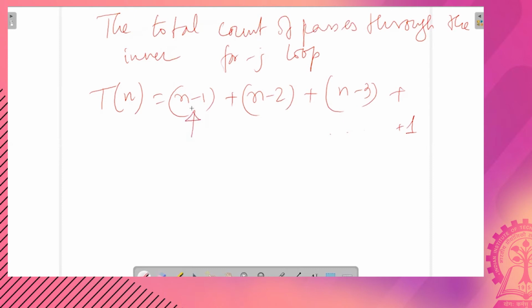So this is in the first loop of I, you make n minus 1 passes through the loop j. In the second loop of I, you make n minus 2 passes through the loop j, and so on and so forth. And this is nothing but the natural number sum, which is n minus 1 into n by 2. Okay. So this is exactly the number of comparisons that you have to make in order to find the every case time complexity of the exchange sort algorithm.